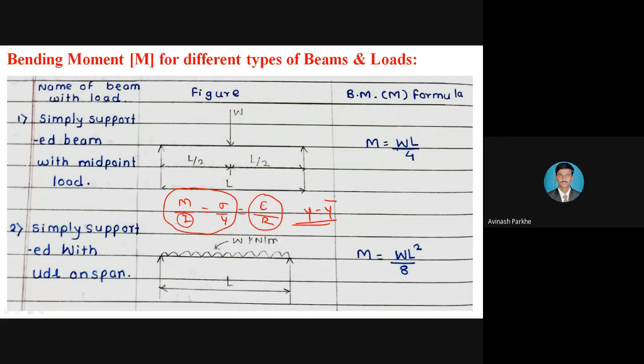Just now we have discussed the I for the different sections: rectangle section, square section, circular section, and today also the I for the unsymmetrical I section, the symmetrical I section, and the T section. Sigma represents the bending stress, which is our unknown parameter. Sigma we have to calculate. Y means the Y bar calculation. Y bar is equal to capital D divided by 2, or Y bar is equal to A1 Y1 plus A2 Y2 plus A3 Y3 divided by A1 plus A2 plus A3. This Y is called the Y bar.